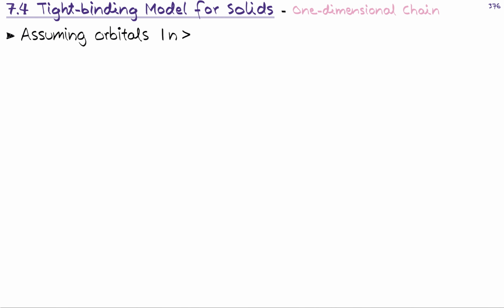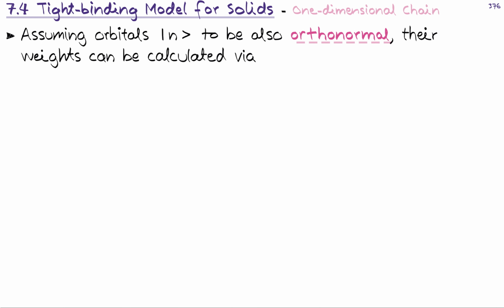Now we assume that we have these orbitals, so we have these kets of n, and we assume that we can normalize them. Physically, this tells us that we want to ensure that this single electron we are interested in does reside somewhere in the material system, in a one-dimensional chain of n atoms. So when we normalize, we ensure that when we sum over the probabilities, the modulo squares of phi n, we get unity out, so that the electron is somewhere.